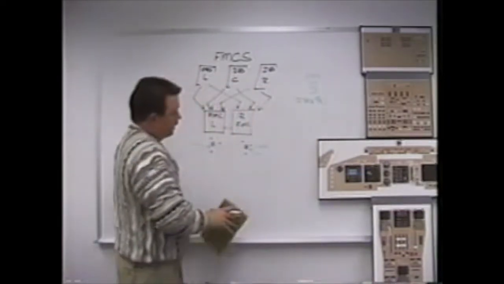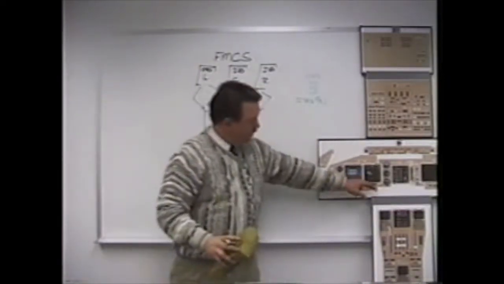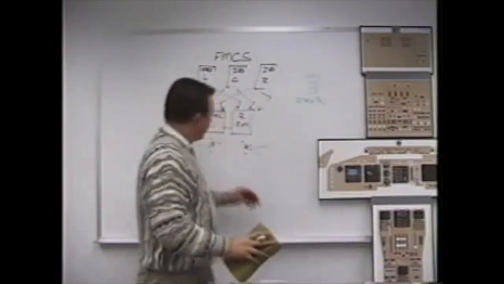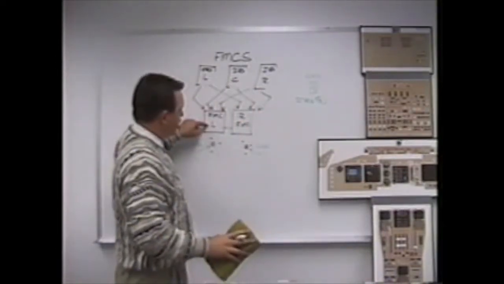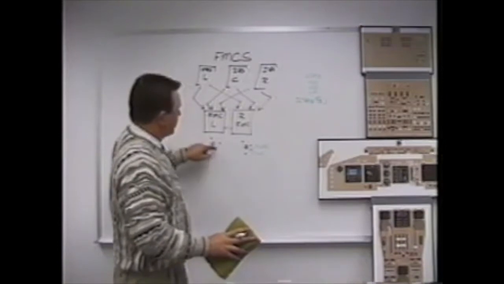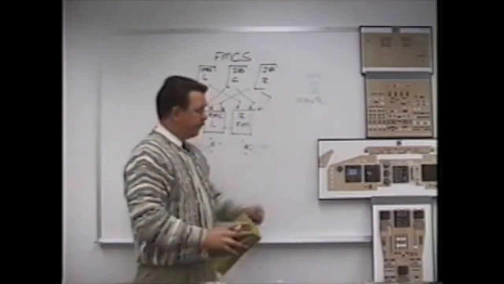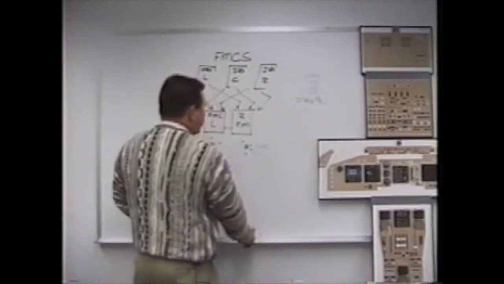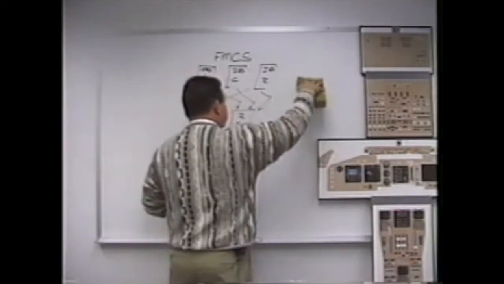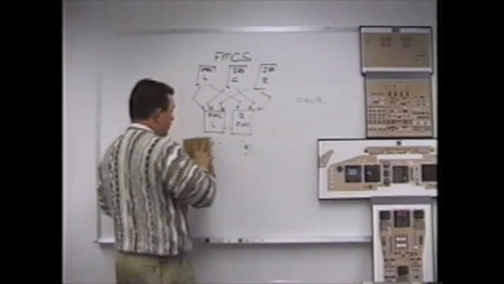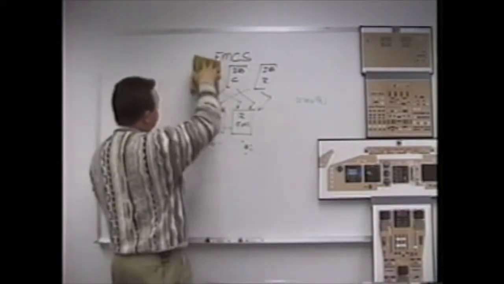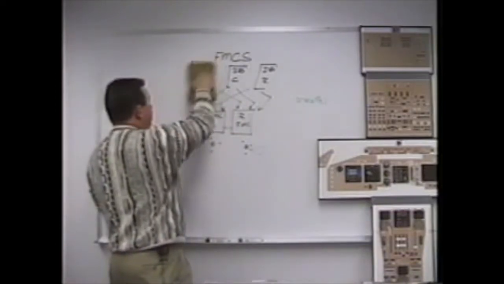So this is what the nav display is showing you. IRS-3 for 3 position inputs to each individual FMC, computes the average position and updates it with its source. The question is, what happens if we're flying along and we lose an IRS? Let's say the left IRS fails. At that particular time,